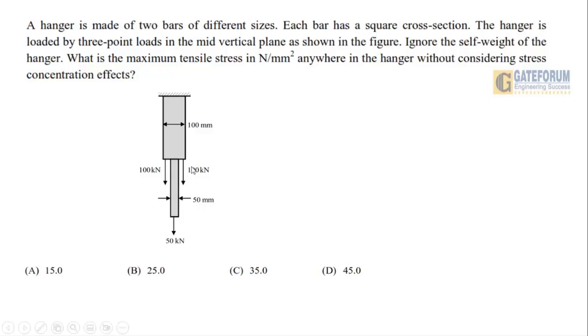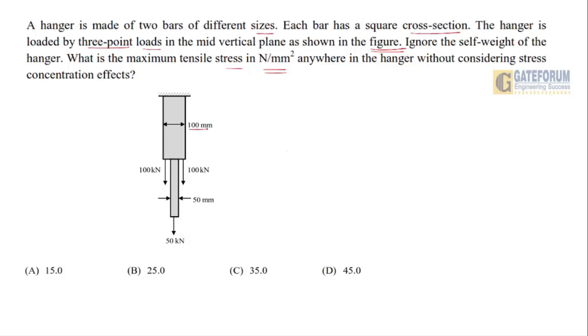So moving on to the first question. A hanger is made of two bars of different sizes. Each bar has a square cross section. The hanger is loaded with 3-point loads in the mid vertical plane as shown in the figure. Ignore the self weight of the hanger. What is the maximum tensile stress in Newton per meter square anywhere in the hanger without considering the stress concentration